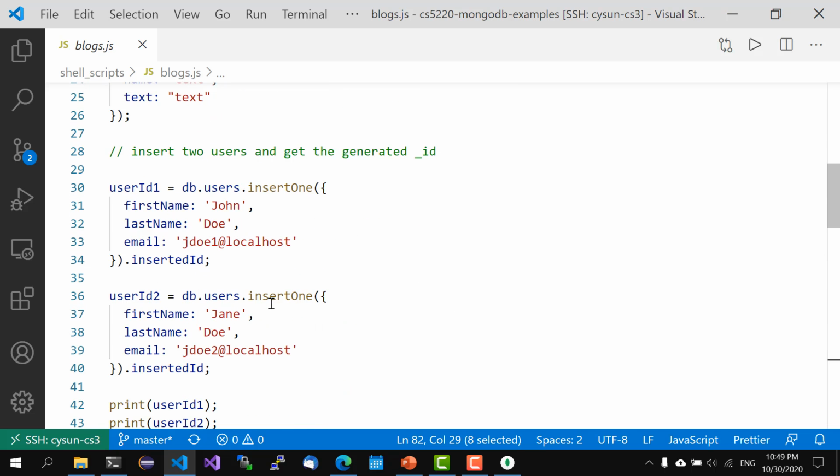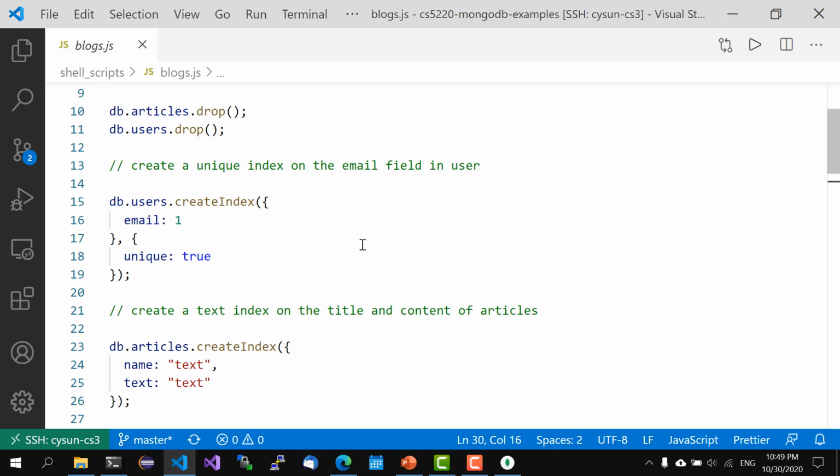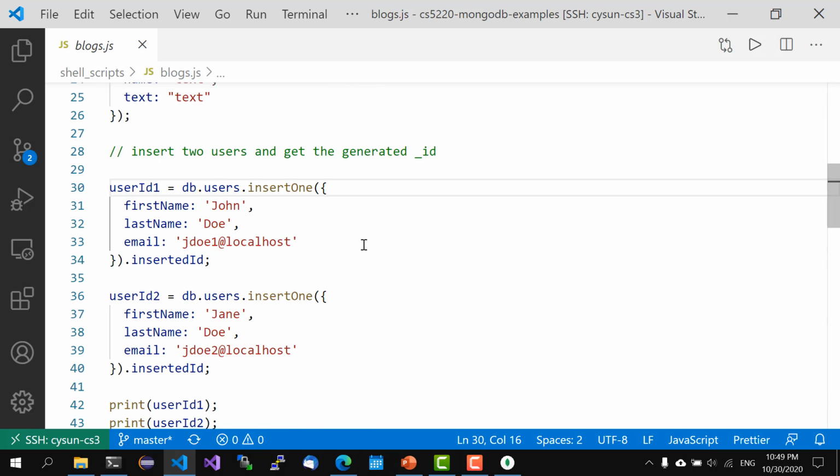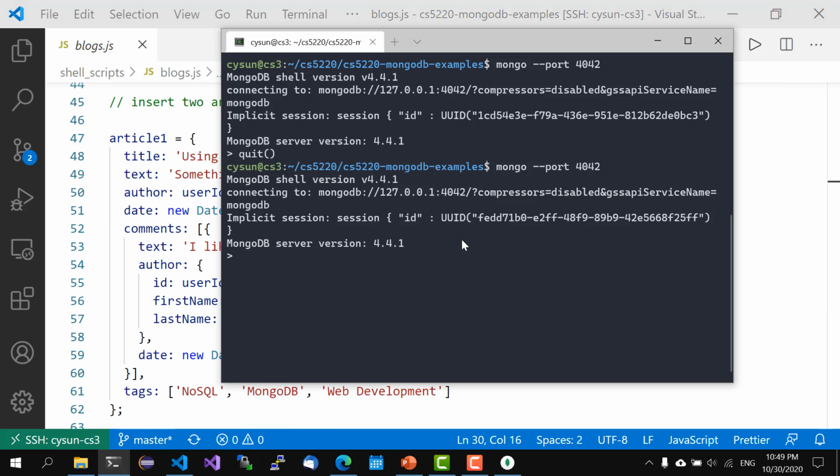It removes the users and articles collections if they exist, and then recreates them by inserting two documents in each collection. So knowing that, let's run this, and